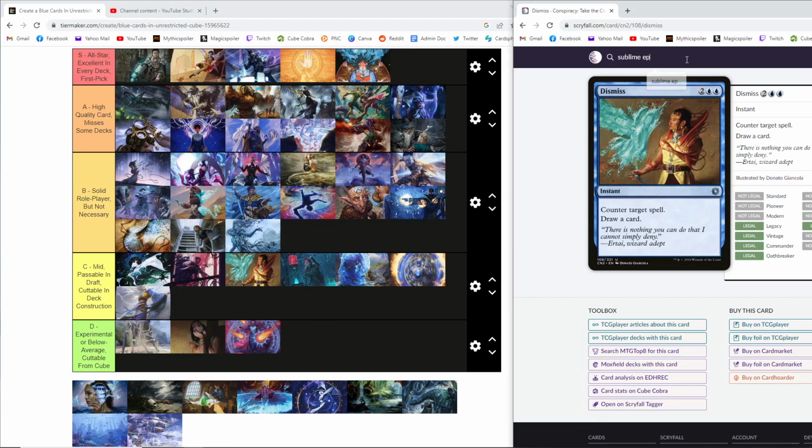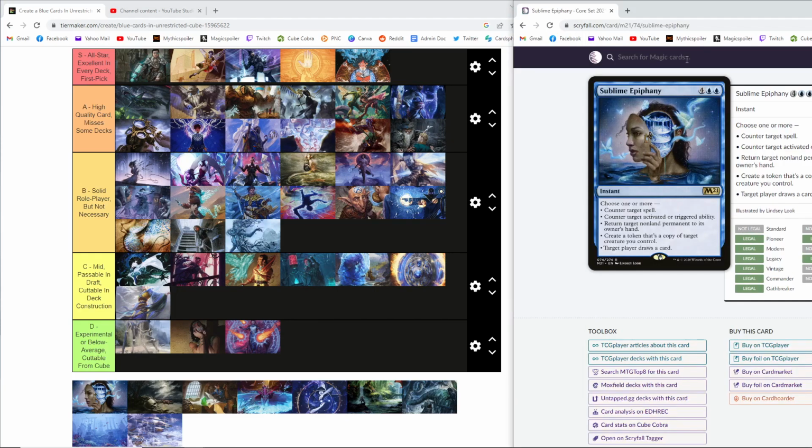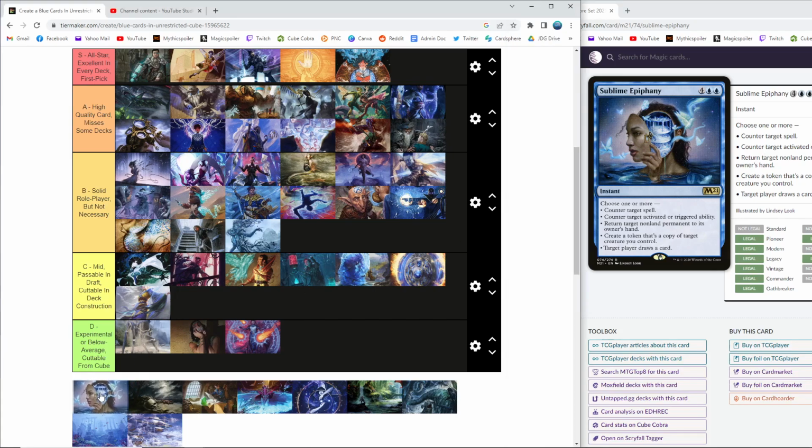Sublime. Sublime Epiphany probably has more fans than anybody else in the cube. This is one of Blue's best finishers, and we've already mentioned the Torrential Gearhulk thing. It is one of those cards that, if it's in your hand, your whole strategy becomes about maximizing this